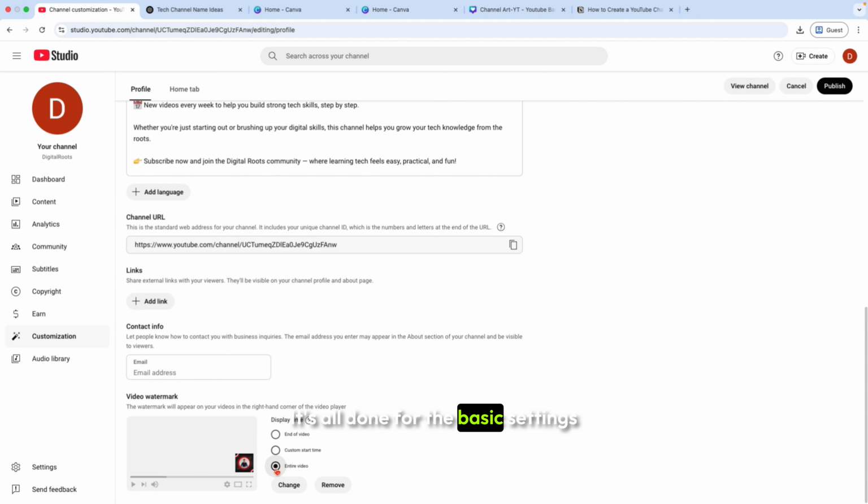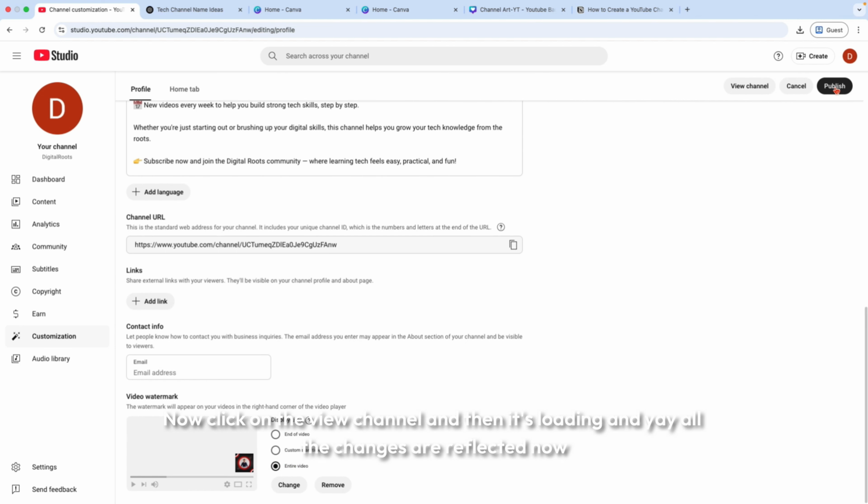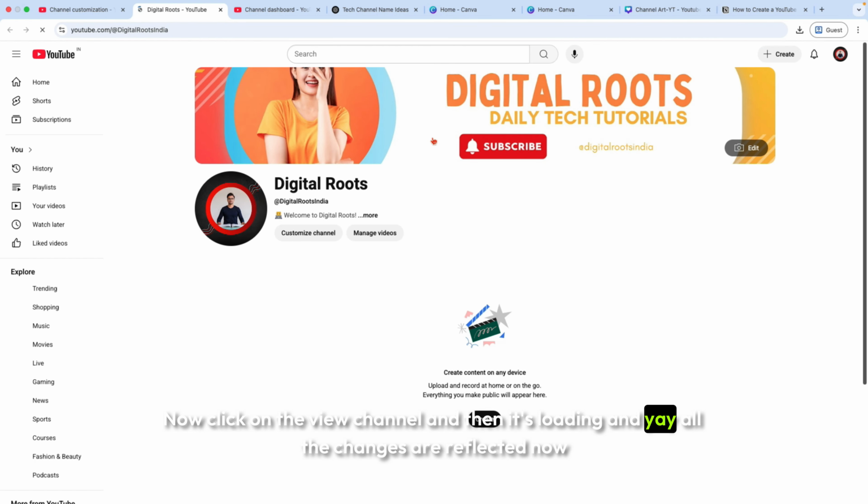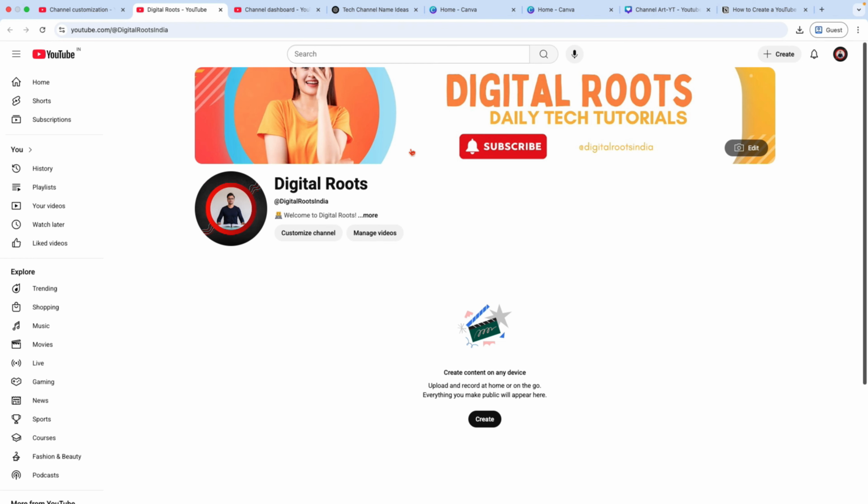It's all done for the basic settings. Now click on the publish button to save the changes. Now click on the view channel and then it's loading. And yay, all the changes are reflected now. All the changes of profile image, channel art,